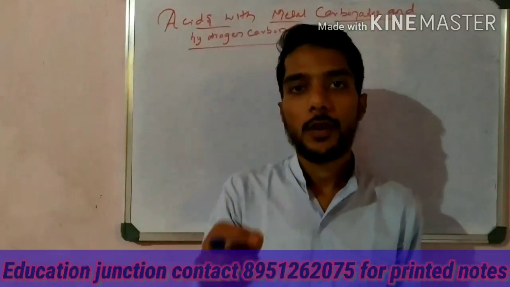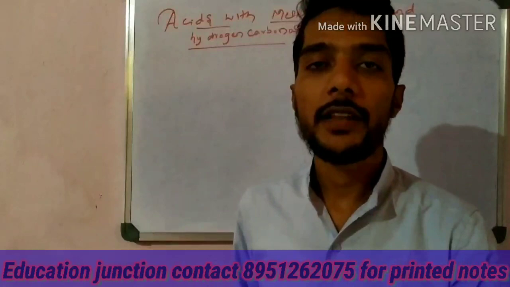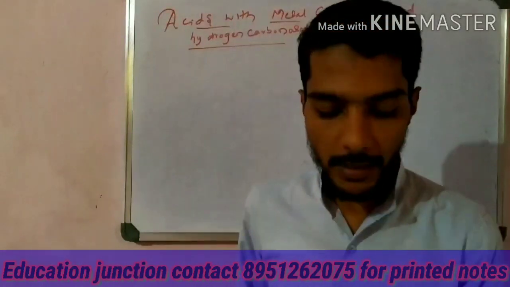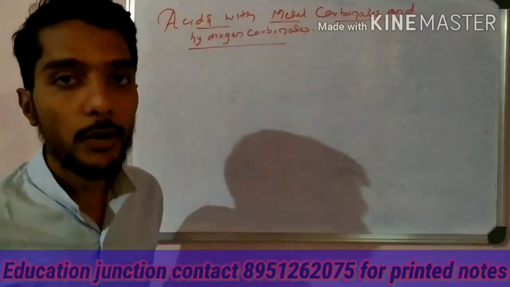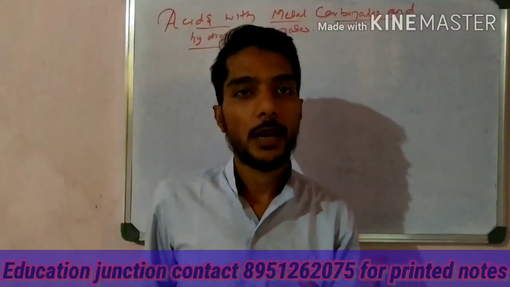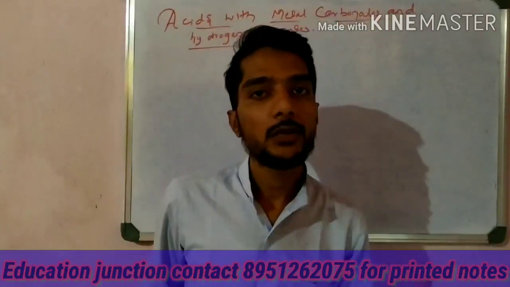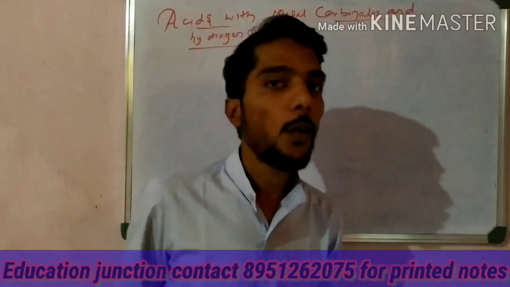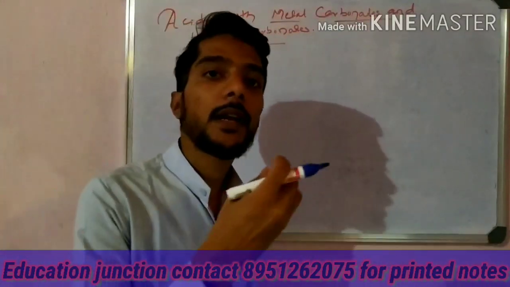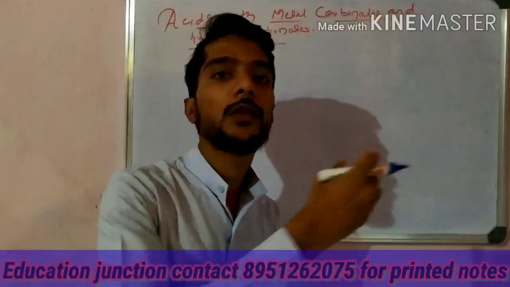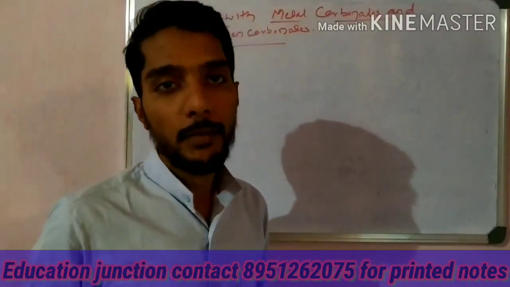So okay, students, after a small rest, again we are fresh to understand the new concept of this chapter, that is the reaction of acid with metal carbonates and metal hydrogen carbonates or bicarbonates. That is, one is baking soda, one is washing soda. Now what happens? When acid reacts with metal, we know that hydrogen is liberated. When the acid reacts with carbonate, see which gas is liberated now.